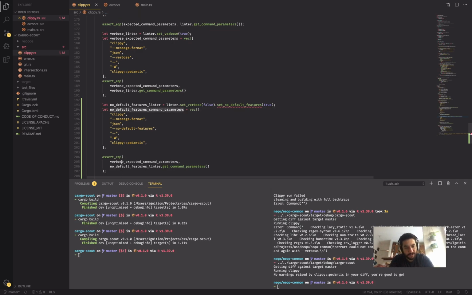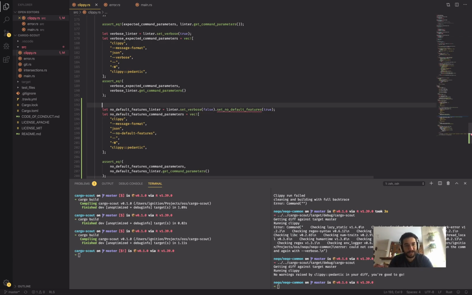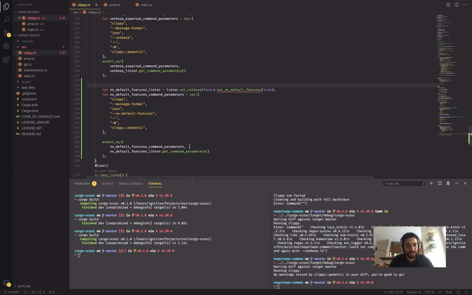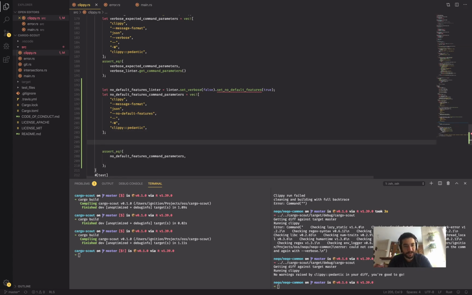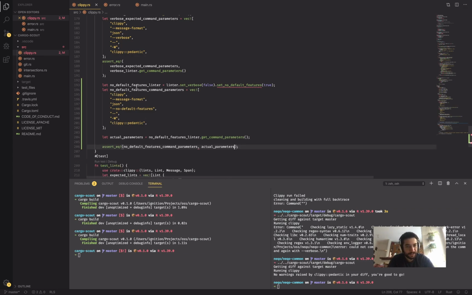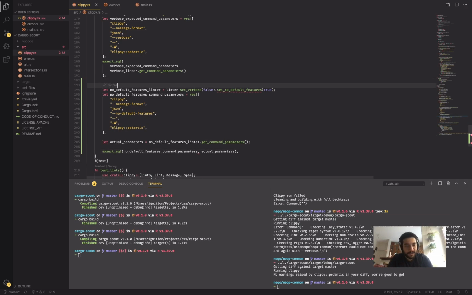So I'm going to go through that again because not everyone is accustomed to writing tests. A test has 3 steps. There's a setup phase, there's a run phase, and there's an assert phase. Let me break it down so it can be very obvious. Let actual parameters equals. There you go. So this would be the setup phase